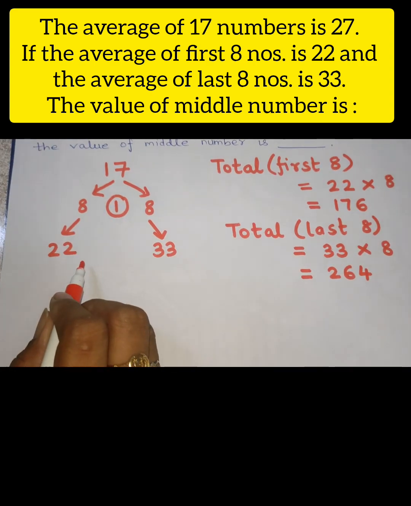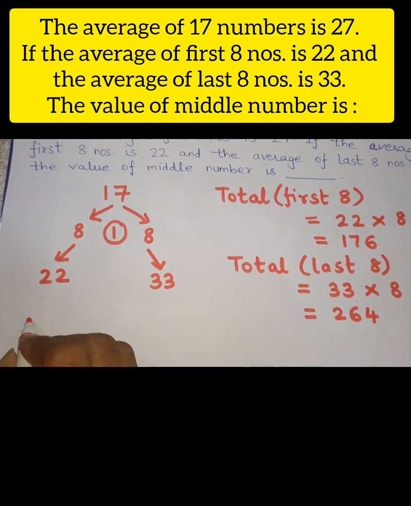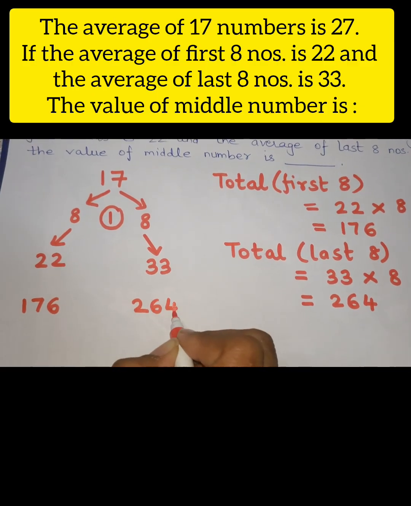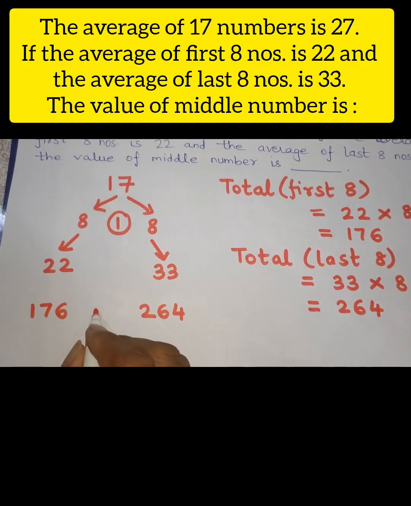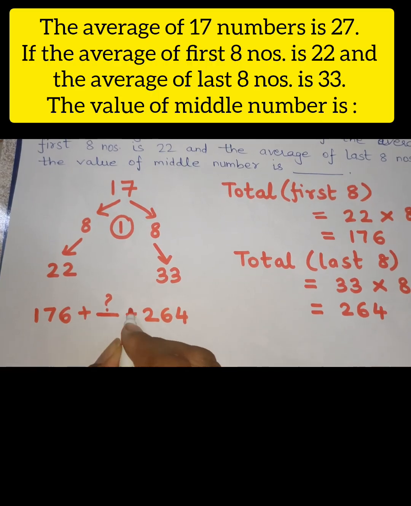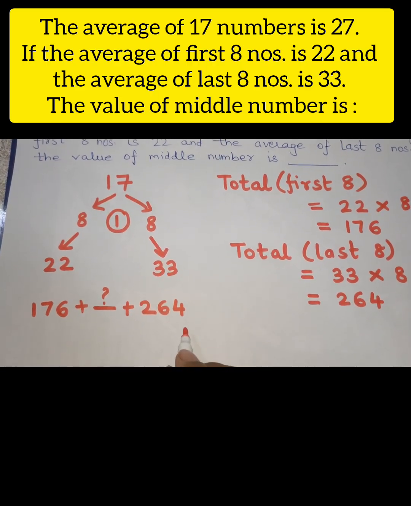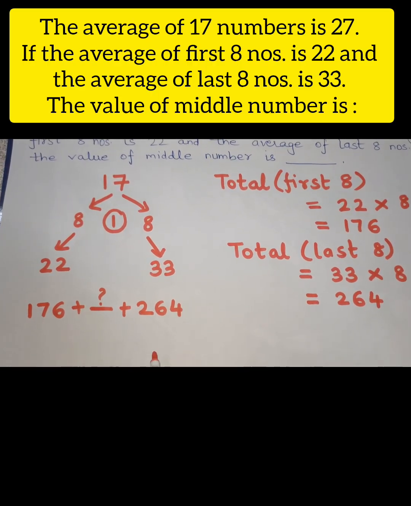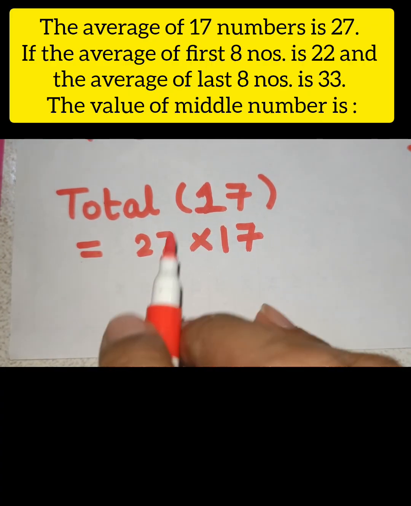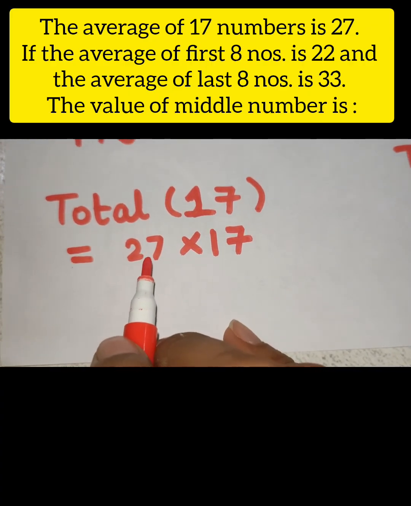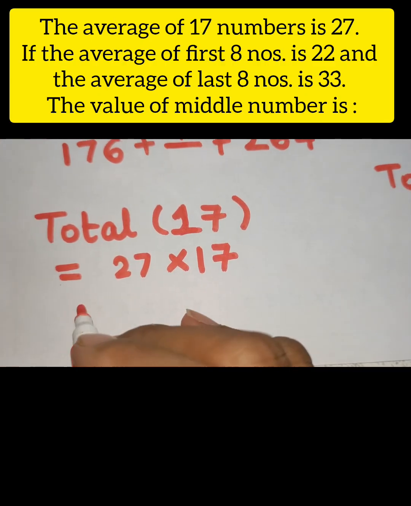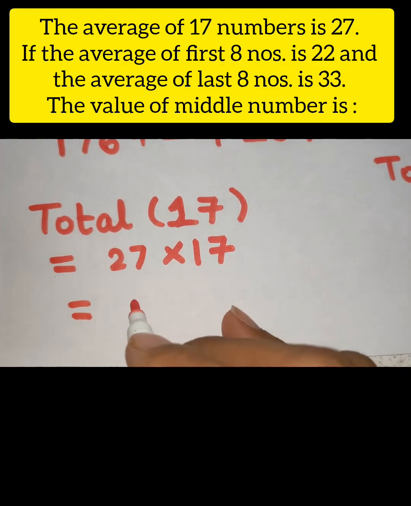Returning to this concept, the first 8 numbers add up to 176, the last 8 numbers add up to 264, and this value in the middle is still missing. So let us find the total of all 17 numbers. The average is 27 into the number of values, which is 17. If you multiply this, you will get